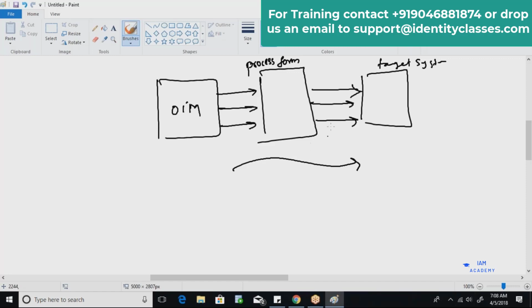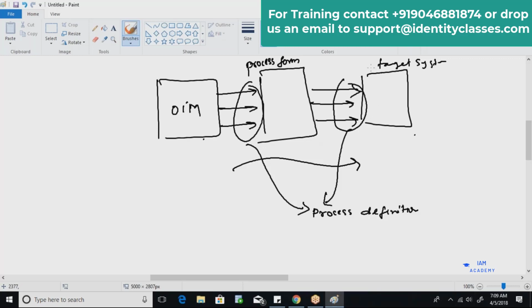Here the logic of how the data is going to be propagated from one place to another place, the entire logic is kept inside a place which is generally referred to as the process definition.